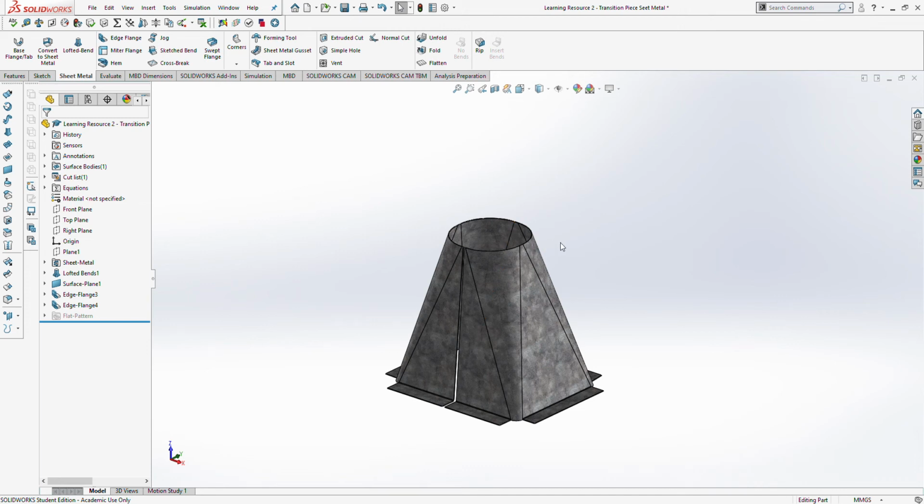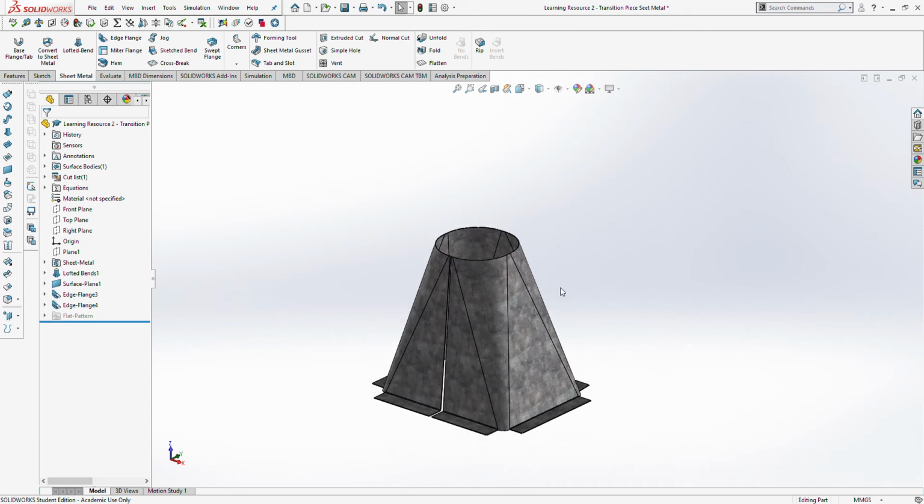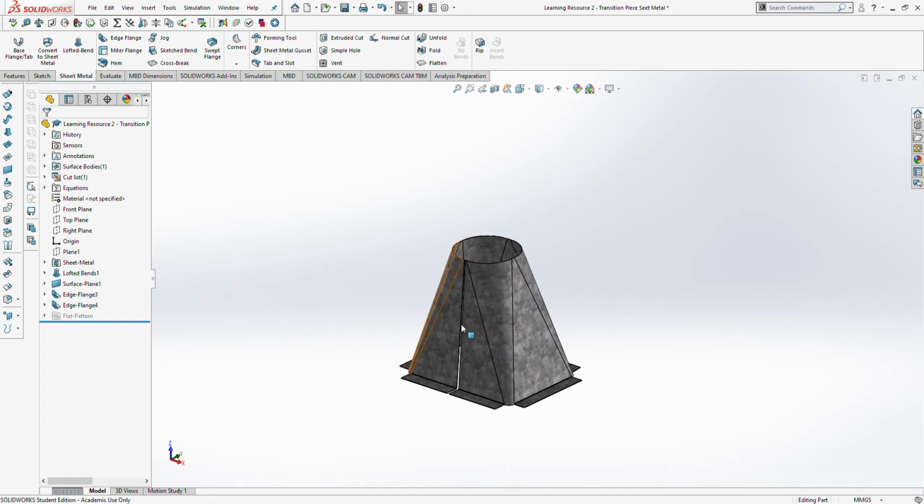So this is just a video running through my learning resource that I've created for teaching transition pieces in a classroom. Here I have a transition piece I've made in SolidWorks using a couple of features in the sheet metal tab. This is a transition piece going from a rectangular duct into a circular duct, and I would use this in class as a supplementary aid